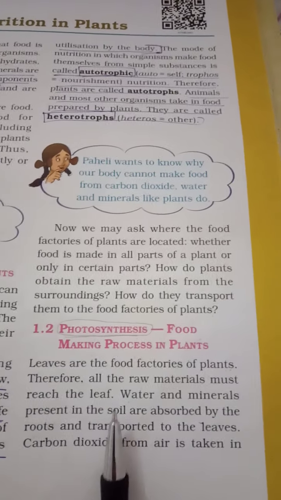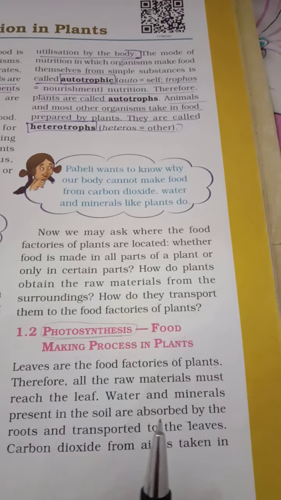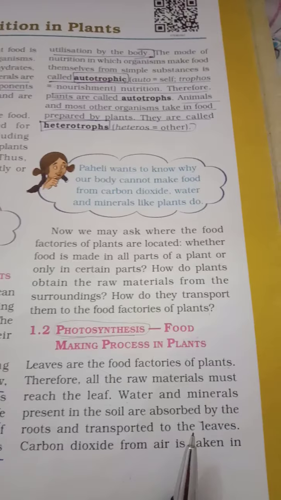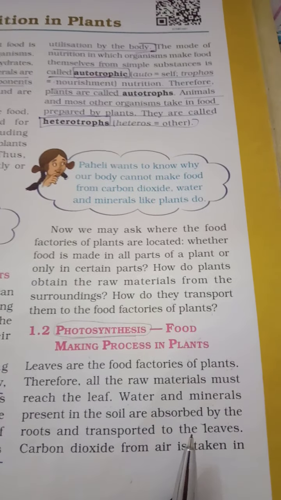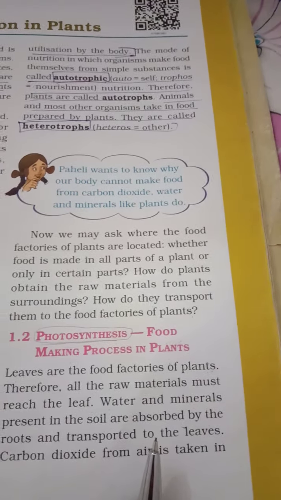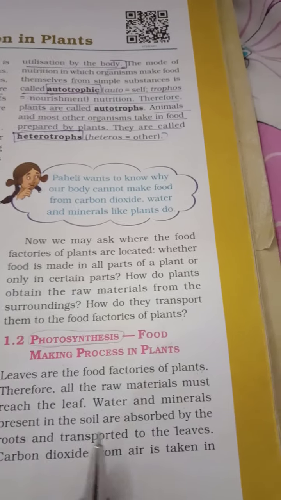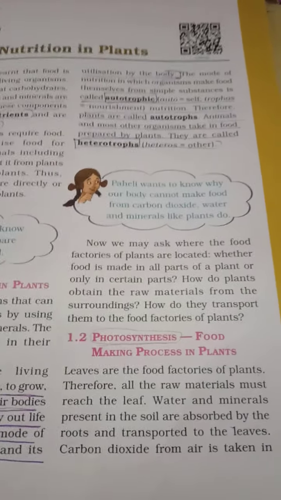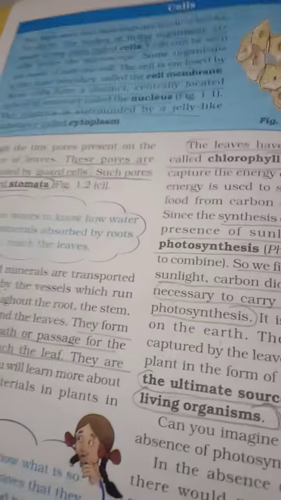made. Water and minerals present in the soil are absorbed by the roots and transported to the leaves. Water and the minerals are available in soil, and that is absorbed by the roots of the plant, and the root of the plant will transport them to which part of the plant? To the leaves. And carbon dioxide from the air is taken in through the tiny pores present in the surface